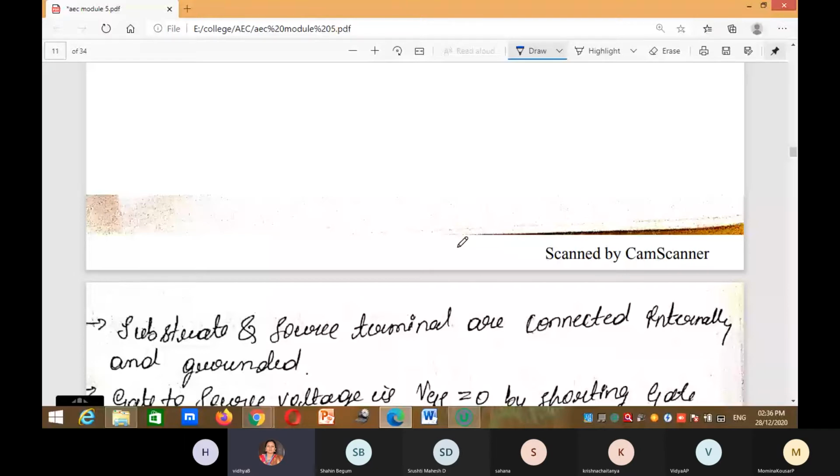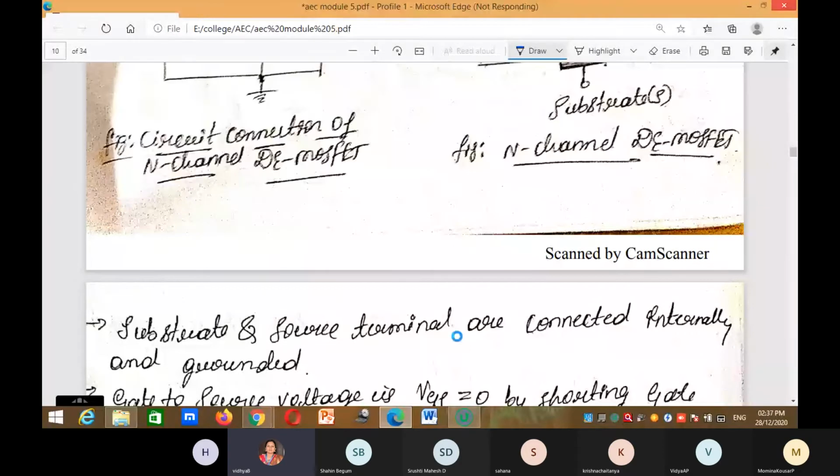Next, VDS is applied across the drain to the source terminal, and due to attraction of free electrons of the N-channel to the positive drain voltage, current ID starts